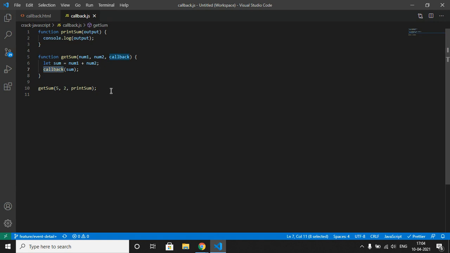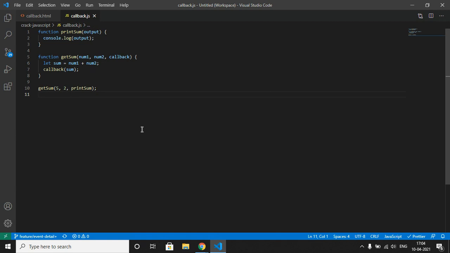So callbacks make sure that a function is not going to run before a task is completed. Here the callback function will not run before the task of the getSum function is completed, but will run right after the task has completed, that is, only after the sum of two numbers is computed.